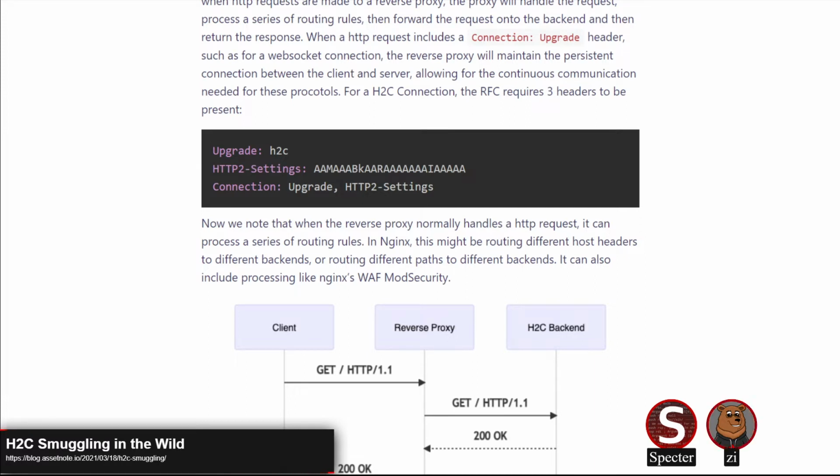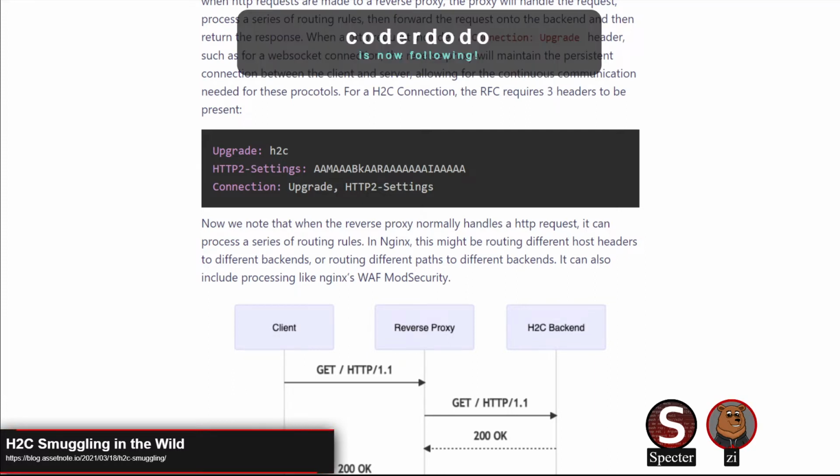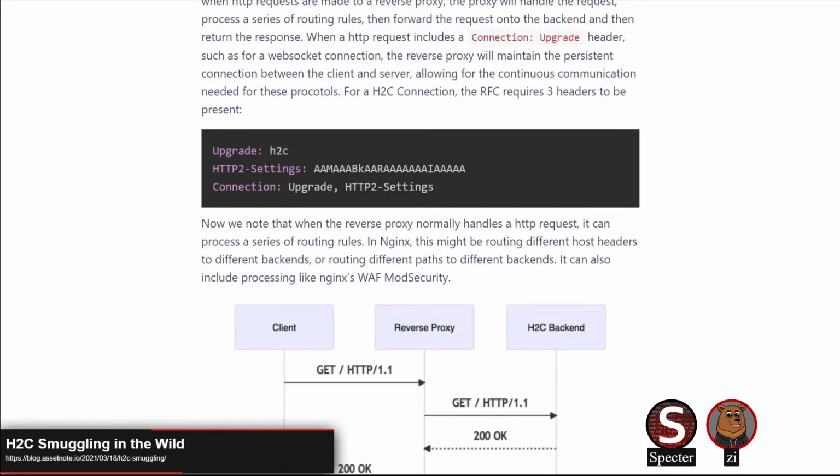They're not accepting it in multiple places. Basically, you can think of it as the connection saying upgrade, use HTTP2-settings, and then they go to the HTTP2-settings header and get the actual settings from it. They don't include the actual settings in that connection header when it says upgrade. It's just like a tag or a flag saying, yeah, use HTTP2 settings.